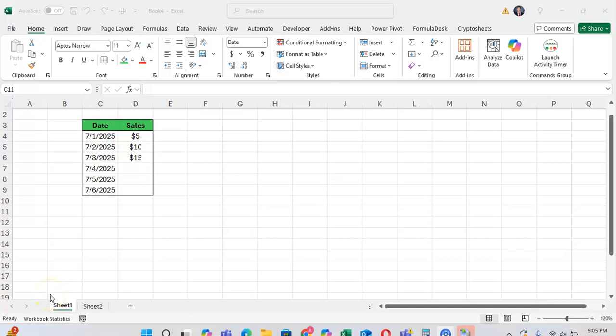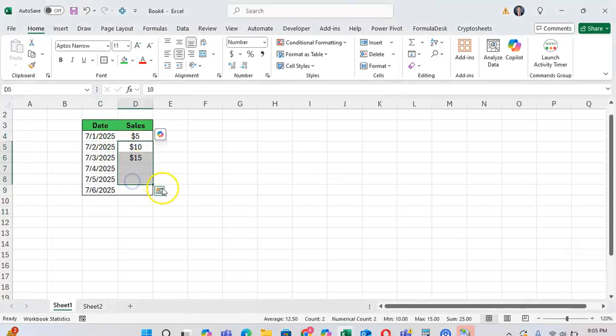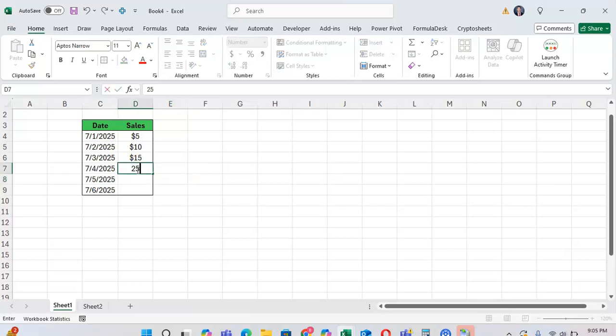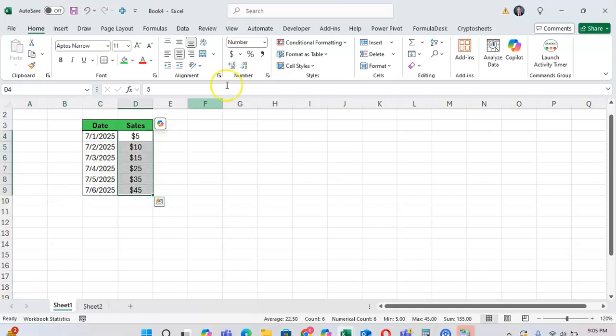In this tutorial, I want to show you how you can leverage conditional formatting rules to help enforce more consistent formatting in what you're working on in Microsoft Excel. So here I have a basic table with a date and sales. And as I type in sales amounts like 25, 35, and 45, for example, it's automatically formatted as currency, even if I change the formatting to be number, for example, or general, because the conditional formatting rule automatically overrides the